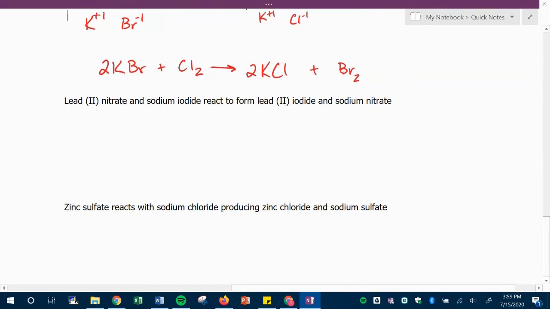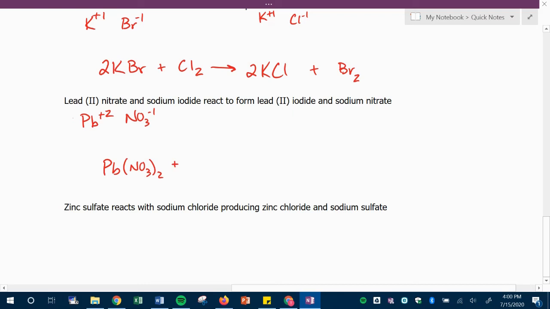This one, we have lead 2 nitrate and sodium iodide react to form lead 2 iodide and sodium nitrate. Okay, well, a whole lot going on here. So we have lead 2 nitrate. So we have Pb plus 2, and nitrate is NO3 minus 1. So as our first compound here, remember we crisscross those charges, so that gives us Pb(NO3)2